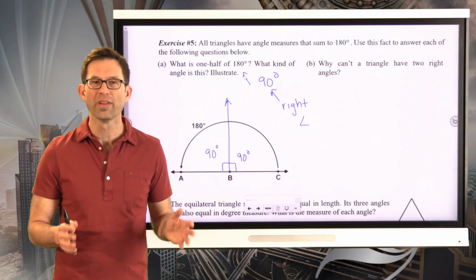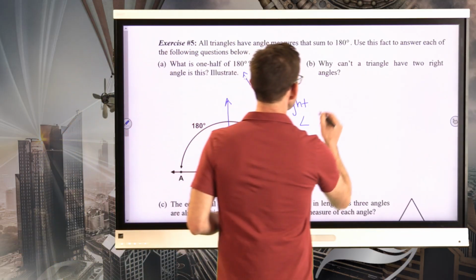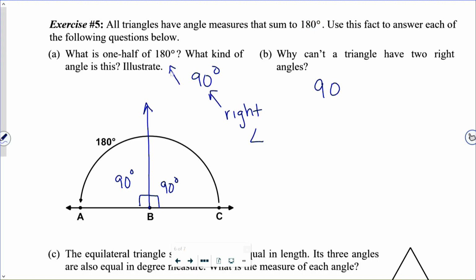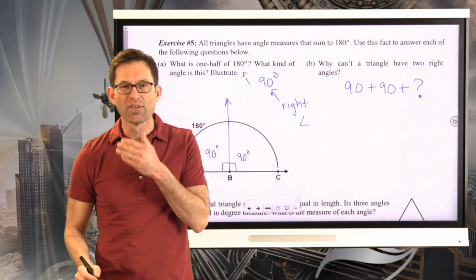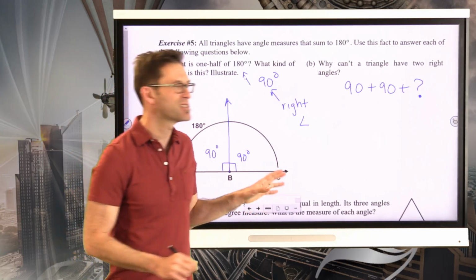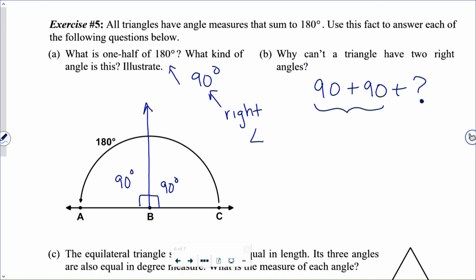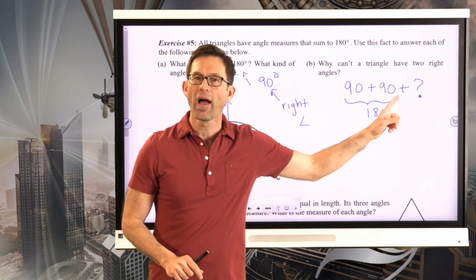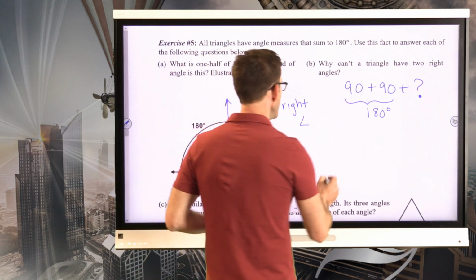All right, well, this is really cool. Think about this for a moment. Let's say it did have two right angles, right? Well, you'd have 90 plus 90 plus some other angle, right? That's what you'd have as like the sum of the three angles. Except the problem is the 90 and the 90 would be equal to 180, and it wouldn't leave anything for the final angle, right? If there were two right angles,